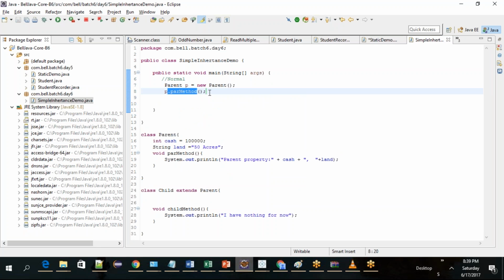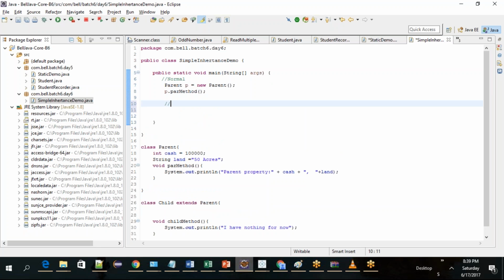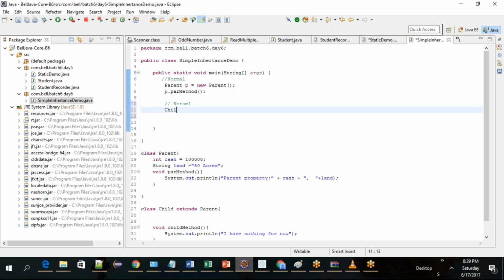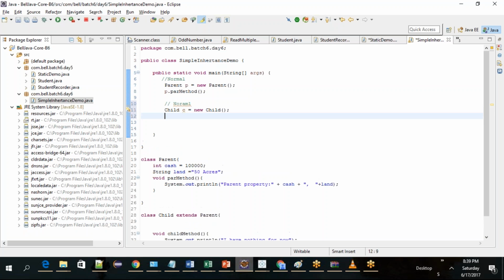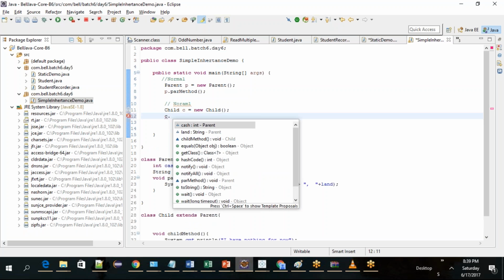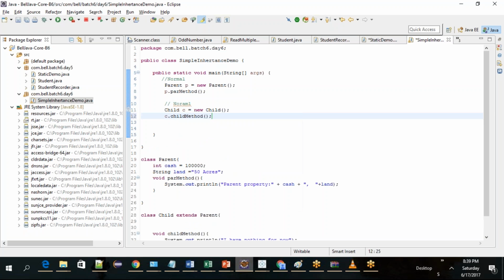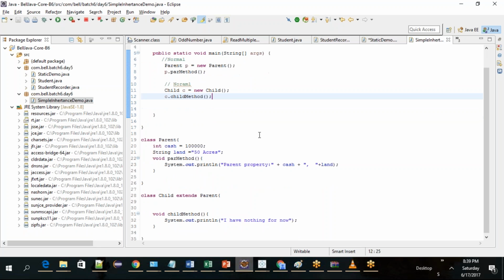That is normal, typical. But the second one is also normal. Create a child object: Child c equal to new Child. Now accessing c.childMethod. This is also typically normal, right? So if you run this program,